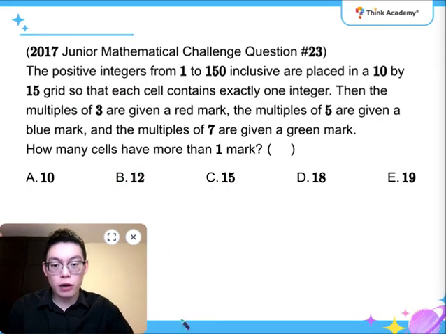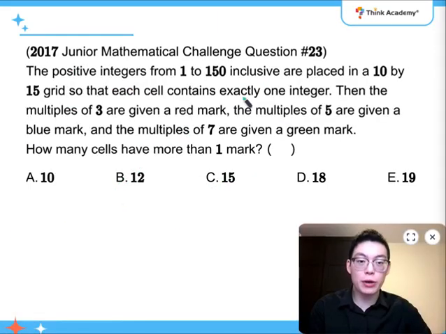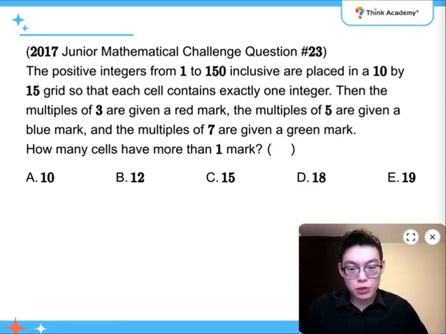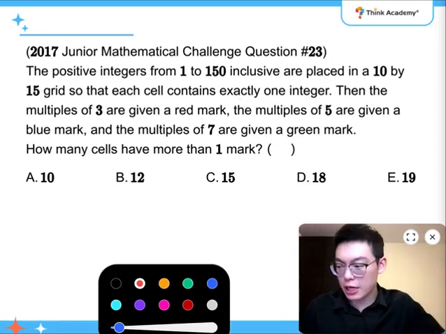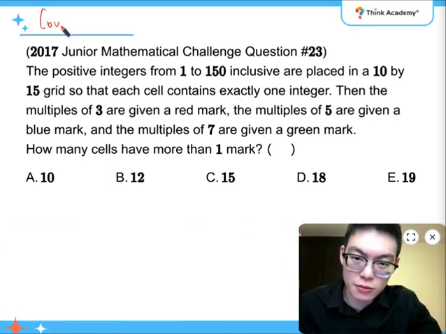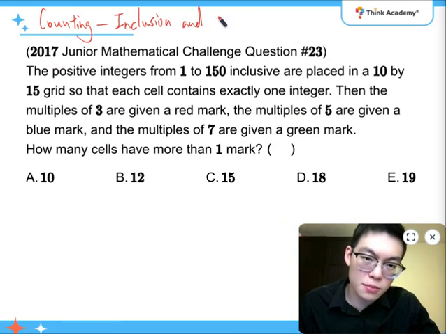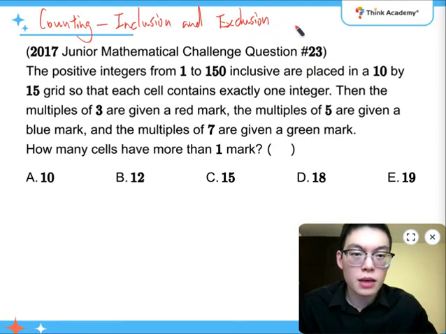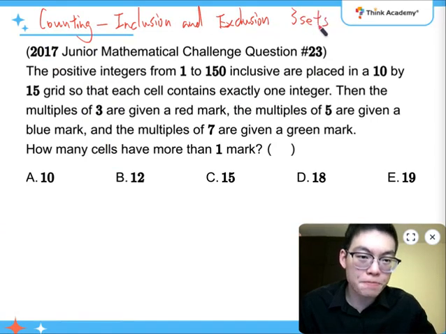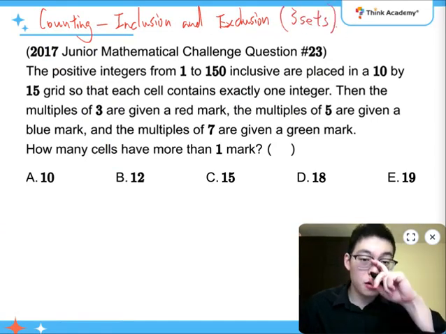And for question number 23. So this one is pretty interesting. I would say that it's a counting question on the inclusion and exclusion principle of 3 sets. So first of all,